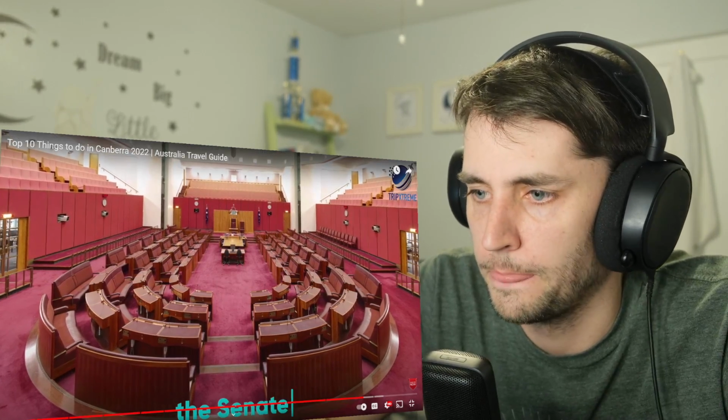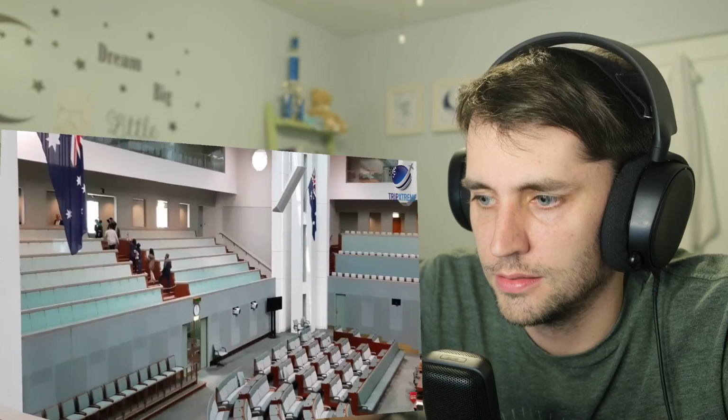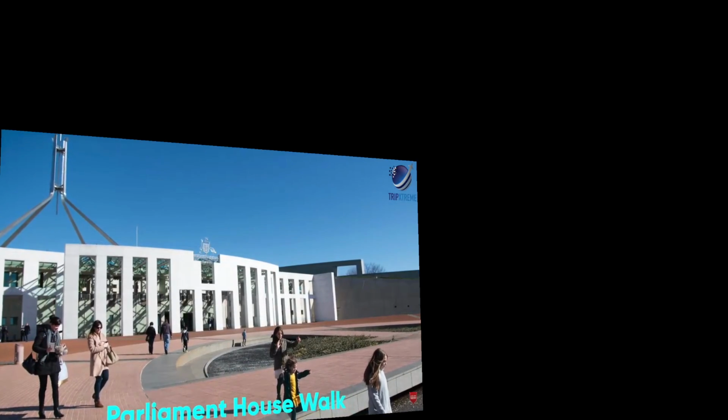Senate, traditionally dressed in red. A visit during sitting times is a great way to view firsthand how Parliament functions, and the free guided tours offer fascinating details about the building. After visiting, you can take the 3.5-kilometre Parliament House walk to the city centre and learn about...